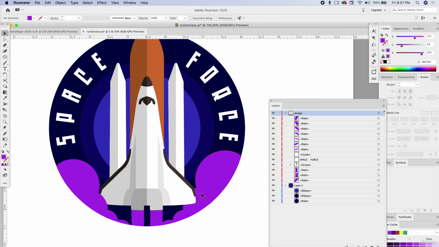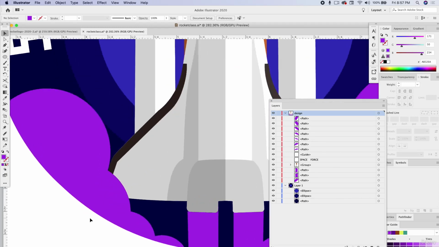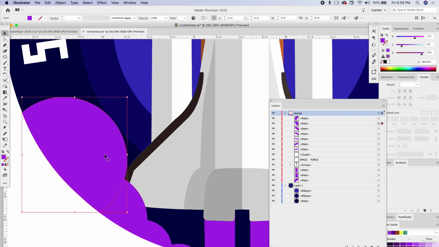So I want to carve out little shadows that are cast between these different cloud plumes to make it look like it's layered. So here's what we're going to do. There's a couple ways we can do this. We can manually draw it with the pen tool, kind of tracing a little bit of a